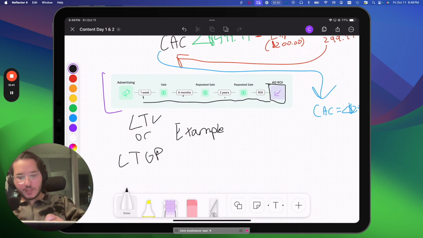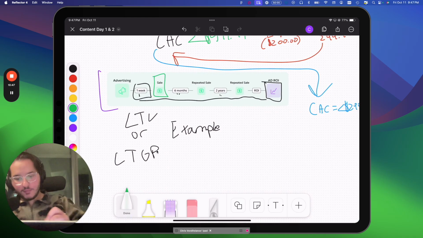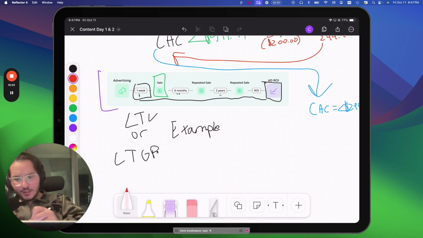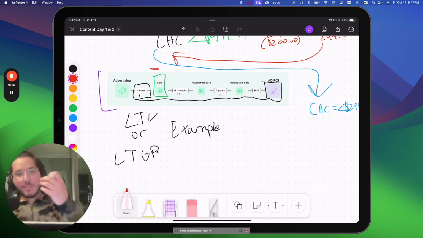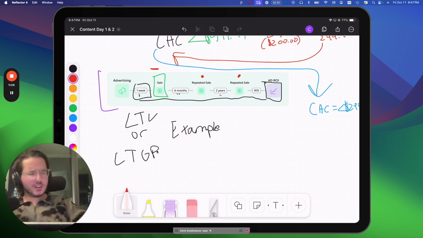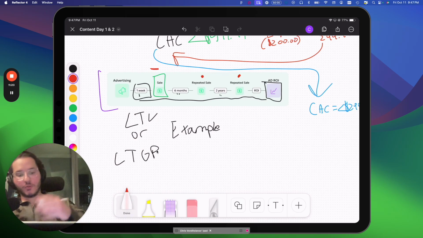because it shows that over time, because you paid that initial amount that brought in that sale, that's what started everything. And in a lot of businesses, this is actually not where they're profitable. They might be profitable here instead, or here in the first repeated sale. A lot of businesses that have repetition, I forget the word right now off the top of my head because I'm not pausing this or anything, they typically lose money on the first sale in order to have the recurring sale afterwards in order to actually make profit.